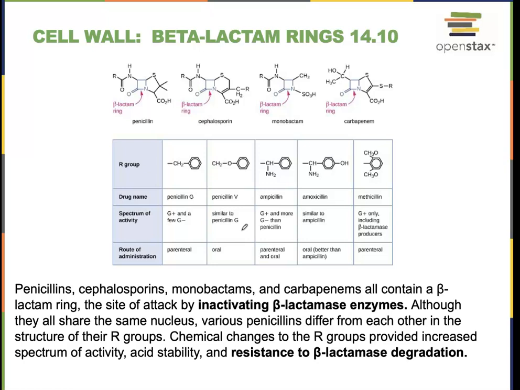Now we get to the beta-lactam rings. So this is going to be your penicillin. If we look at the class of beta-lactams, penicillin, cephalosporin, this guy, they all have the same sort of central ring here that is going to be the same. And then the other parts, which we call the R groups, are going to be different. What that beta-lactam ring happens to do is that it can,